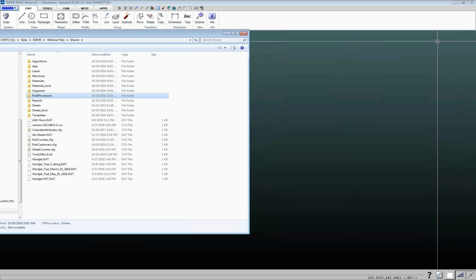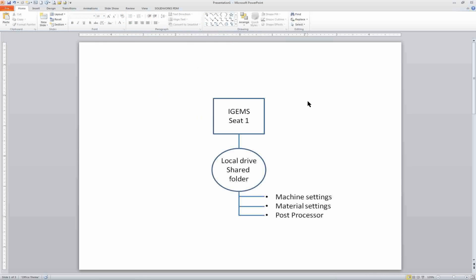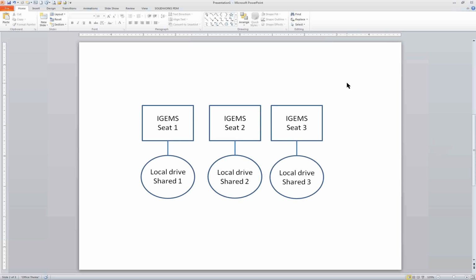And the one thing I wanted to talk about on the shared folder in particular is if you're just a single user, you've got a single seat of IGEMS, you'll have that shared folder, and more than likely it's going to be on your local drive on your computer, and that's all well and good, because you're always just pulling off that shared folder. Where things can get a little more complicated is if you start getting multiple IGEMS users,